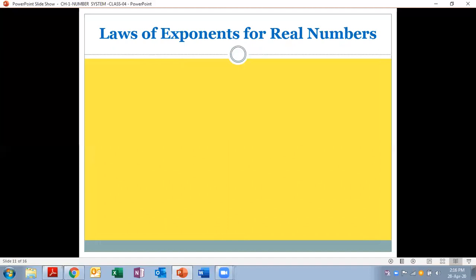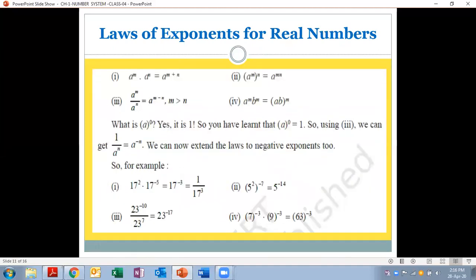Now we have the laws of exponents for real numbers. These are some basic laws for the exponents of real numbers. Here, if the bases are the same, the powers are added. Second, we have the base the same and the powers are multiplied, when we have powers of powers: exponents of any exponents are multiplied with each other. Then in the next we have the same bases in division, so powers are subtracted. And in the fourth part we have different bases but the powers are the same, so the bases are taken in multiplication within the bracket. So you can understand from all 4 parts what we have.